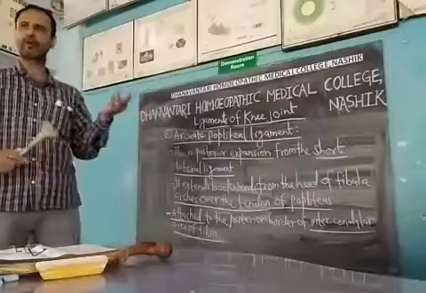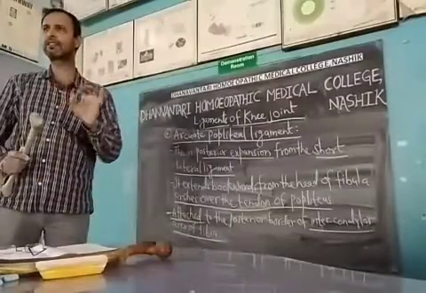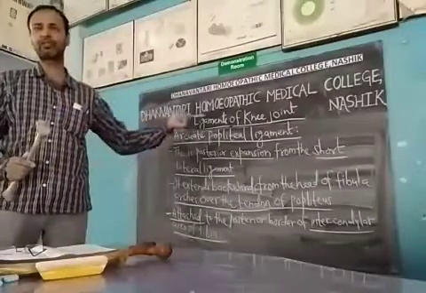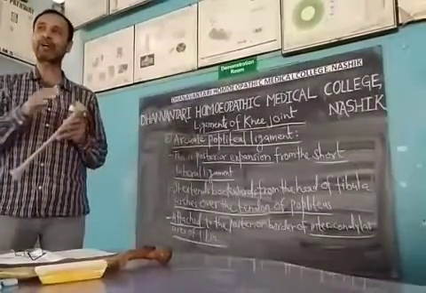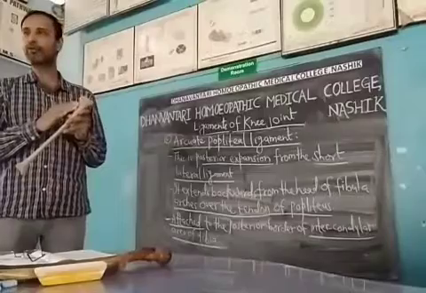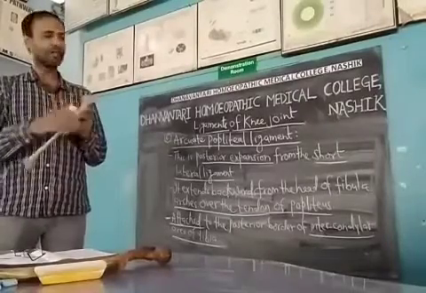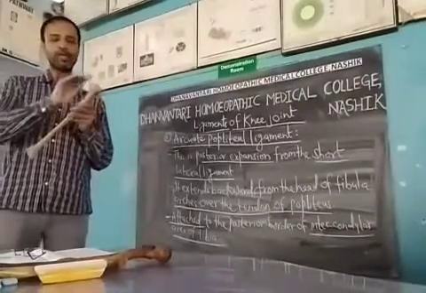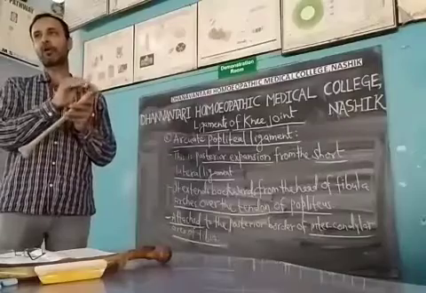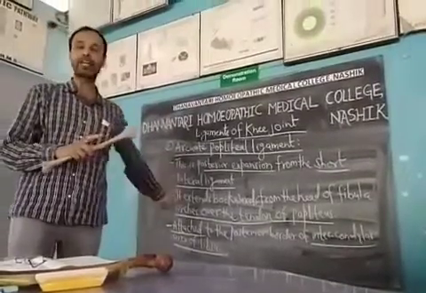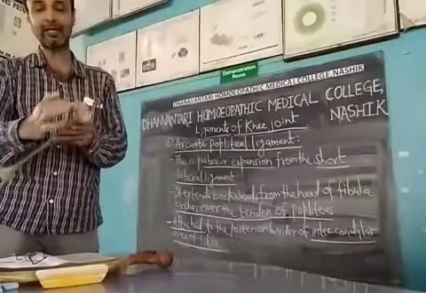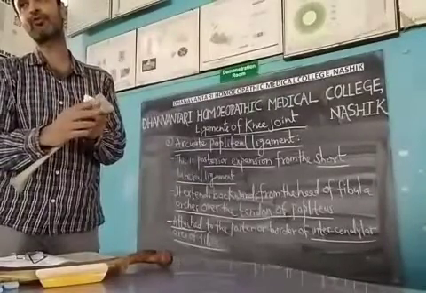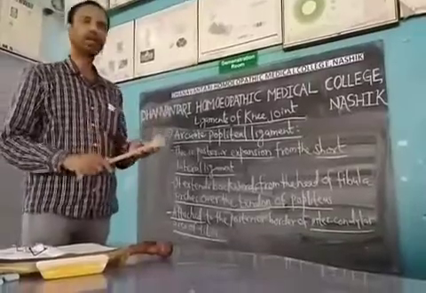So these three points are very short and simple. It is a posterior expansion of the short lateral ligament. It extends backward from the head of the fibula, and it arches over the tendon of the popliteus muscle. Finally, it is attached to the posterior border of the intercondylar area of the tibia. So this is about the arcuate popliteal ligament.